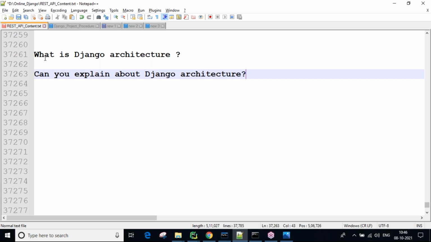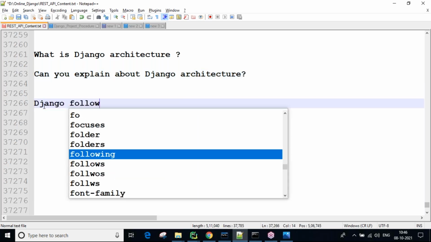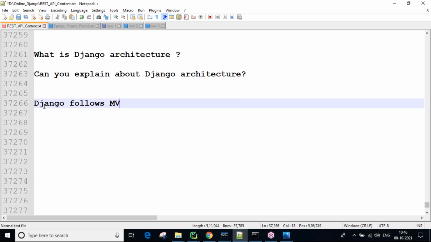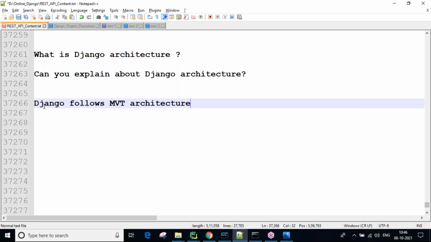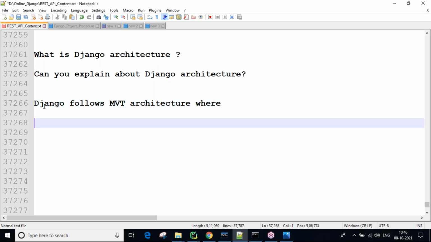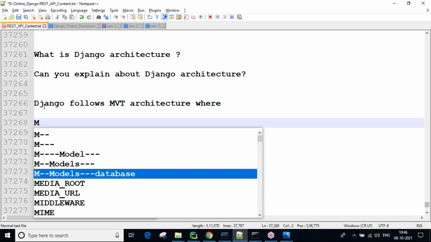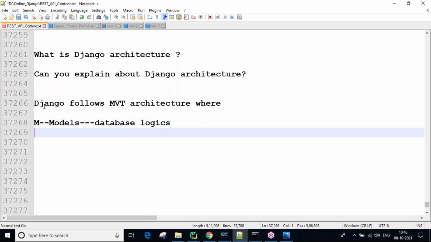Okay, guys. So now, what is Django architecture? Django follows MVT architecture, guys, where M stands for models, which is for database logic purposes.